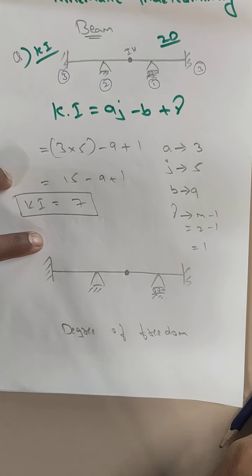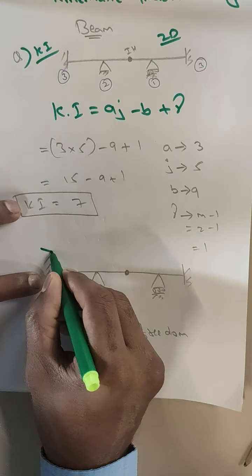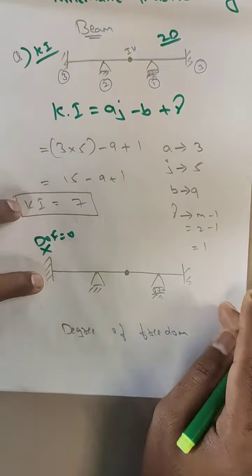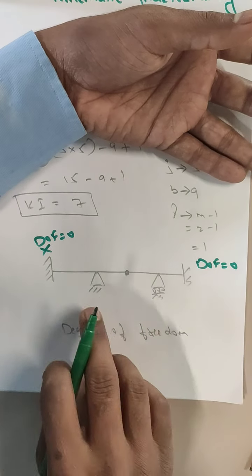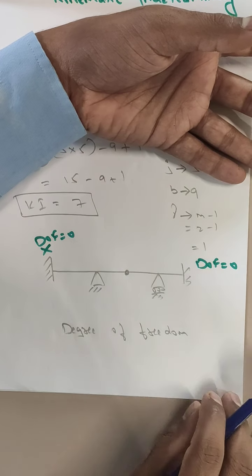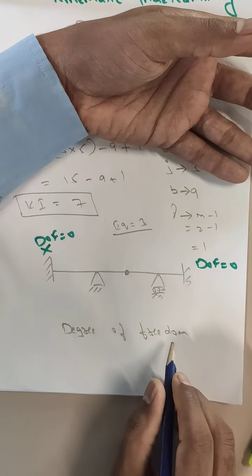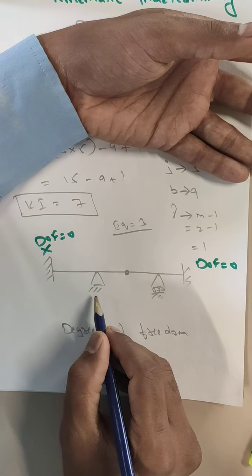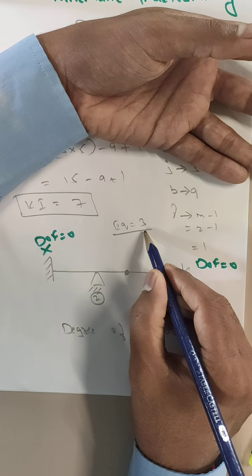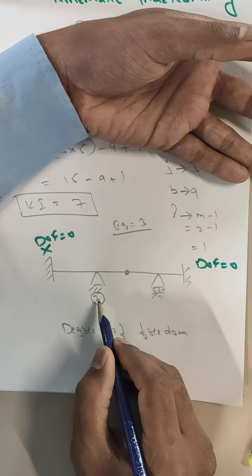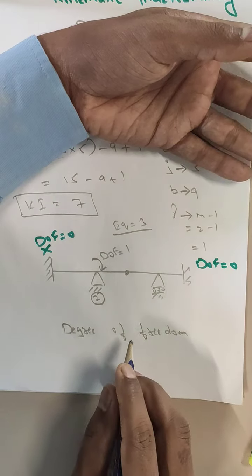means the member should be free to rotate or free to move in vertical, horizontal or rotation anywhere. Fine. So here, will it rotate or will it go in X, Y, Z or in rotation? No, it is not going to go. So the degree of freedom here is equal to 0. Similarly here also, can I write the degree of freedom as equal to 0? Yes. But here, what do you mean by degree of freedom? We have 3 equilibrium equations. Now how many reactions are developed here? The number of reactions developed is equal to 2. But the total number of equilibrium equations is 3, which means that this member can rotate in one direction, which means that the degree of freedom here is equal to 1.